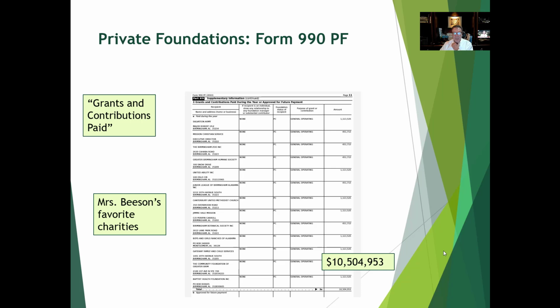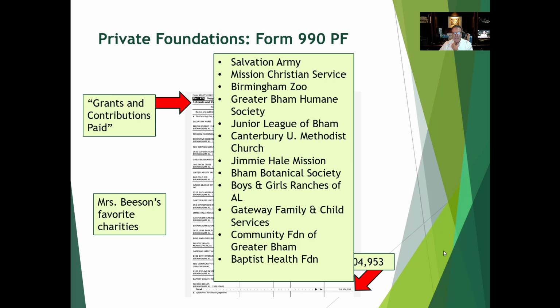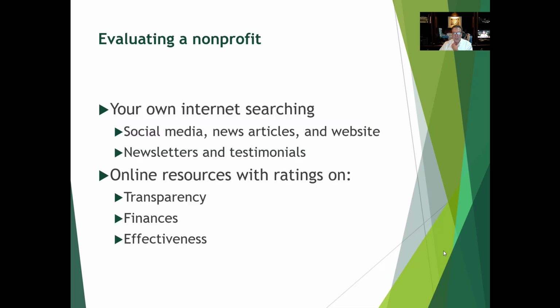Here, in part 14 of the Lucille Beeson Charitable Trust 990-PF, is a list of the organizations that it has given money to. Now, they do not accept unsolicited grant requests. This would also be in part 14, and you can see that the total for their most recent fiscal year was over $10 million to Mrs. Beeson's favorite charities. Here is a blow up of the organizations that she wished to give that $10 million to every year.